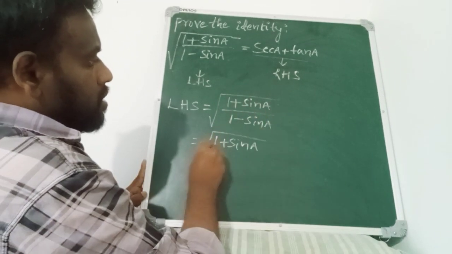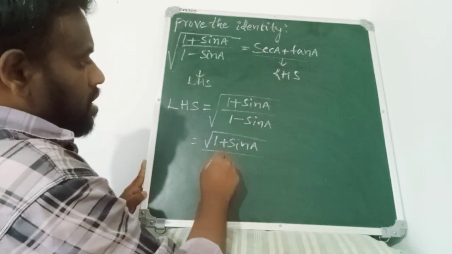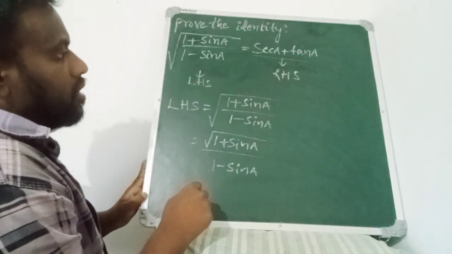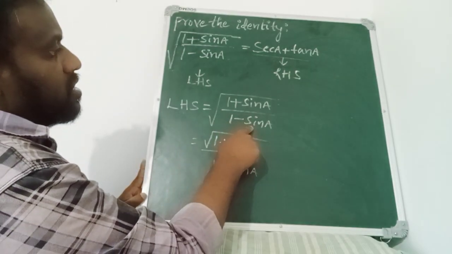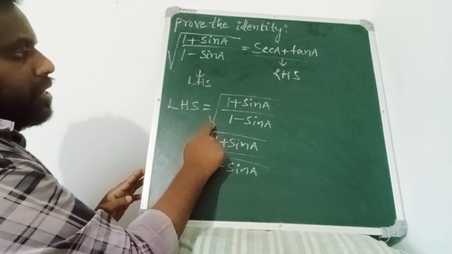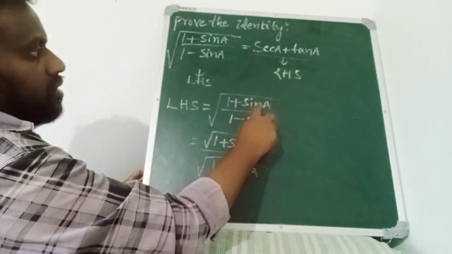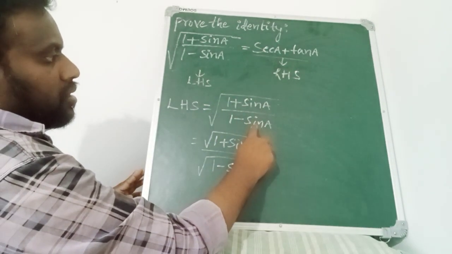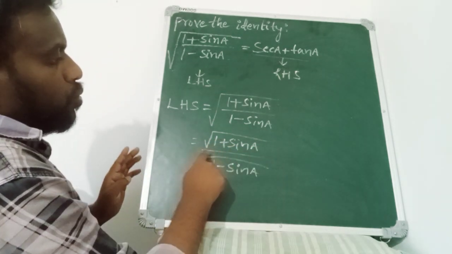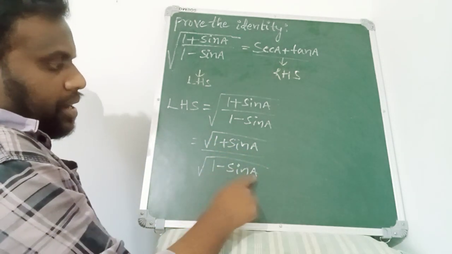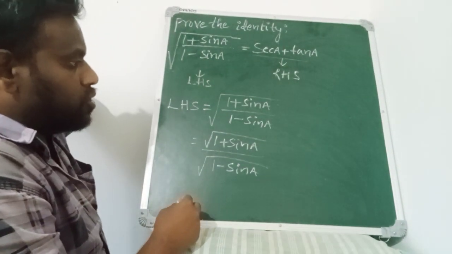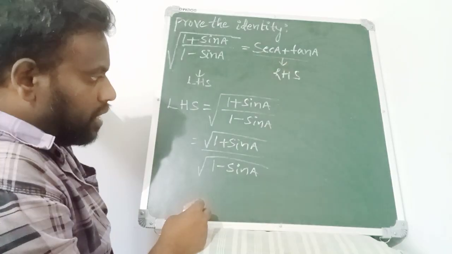Next, this divided by, take this 1 minus sin A. So take this square root for this separately, like this. See, we have split this one square root for this separately, for this separately, and we got square root of 1 plus sin A whole divided by square root of 1 minus sin A. Next, what you do in the next step,